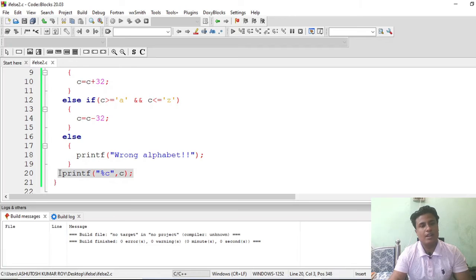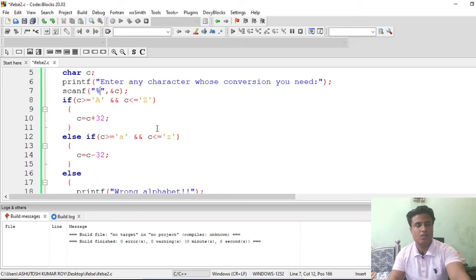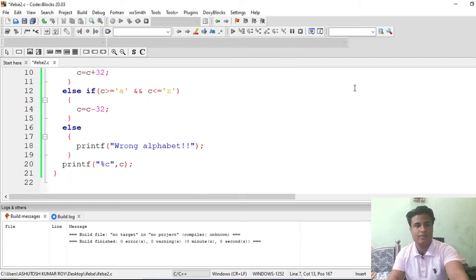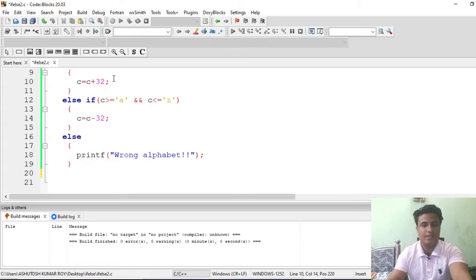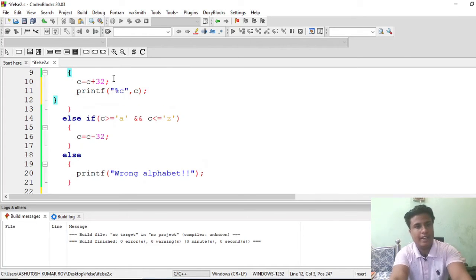So what we could do here is write this code inside all these if or else blocks, so that when the condition hits this case, it will not print this. Let me press control Z for undo, and control X to cut. So control X and paste it here also.